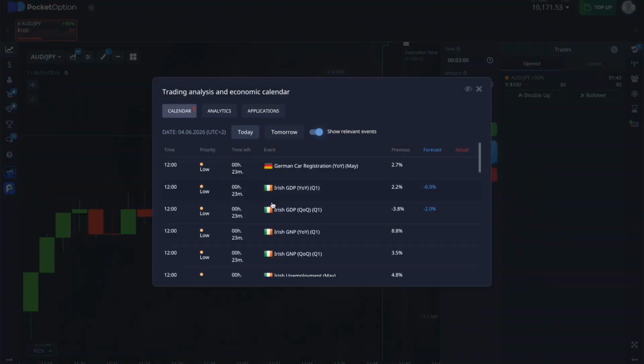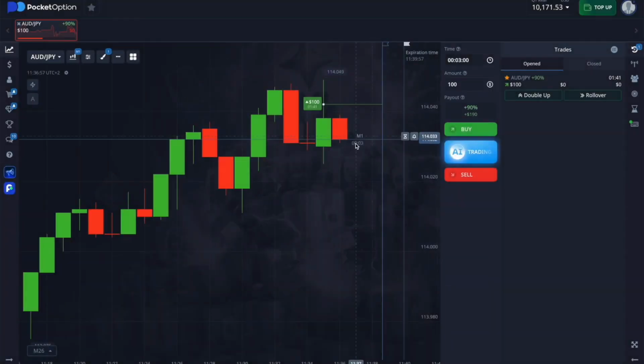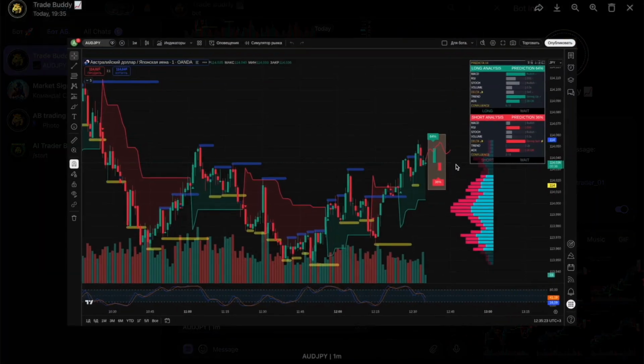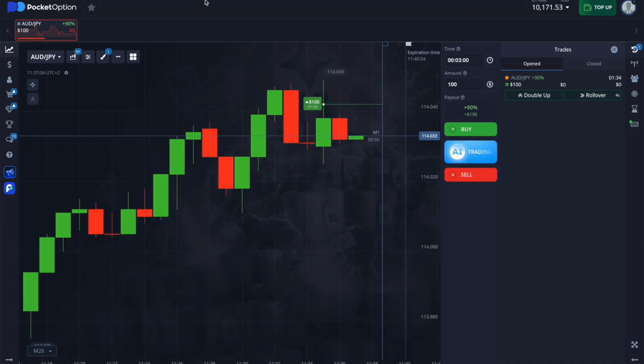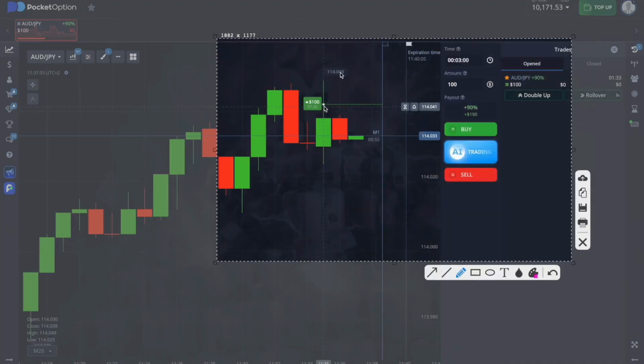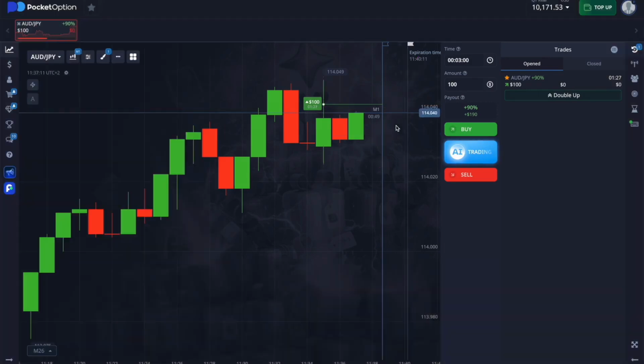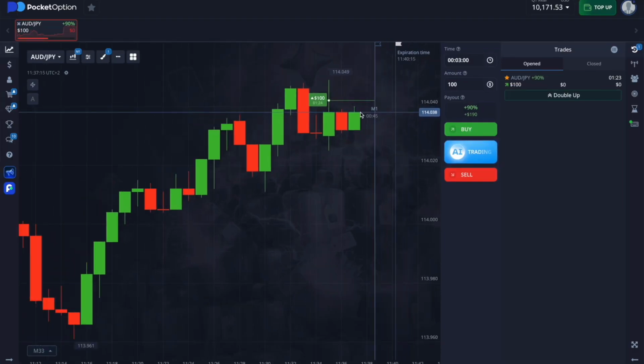Sometimes news comes out and prevents us from closing our forecast. For example, I think the price will go up, and the bot also thinks it should go up and gives a forecast. But when news comes out, unfortunately, this movement might go up, but first there will be a correction, and only then will it go up. That happens too. And I show this during live streams and in videos.